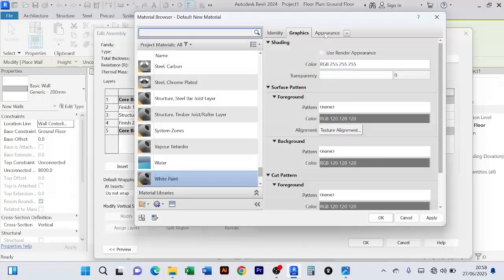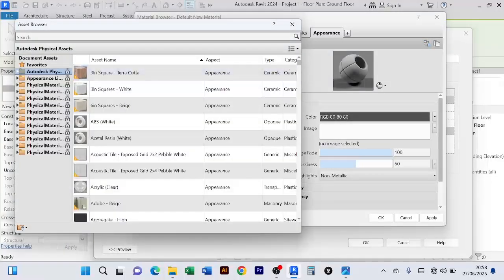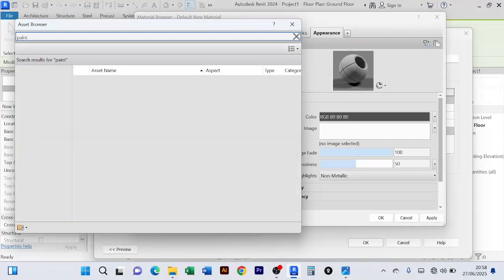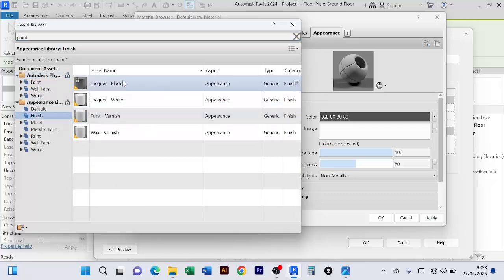Then when I come to my appearance and I click on this button to generate asset browser, we shall have the assets here, and then we can look for paint, something like that, and it will give us paints, a lot of them actually. Now when we come to, I think I can click on finish. When we click on finish, we have these liquor white,